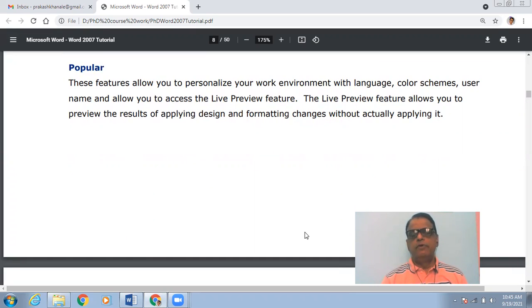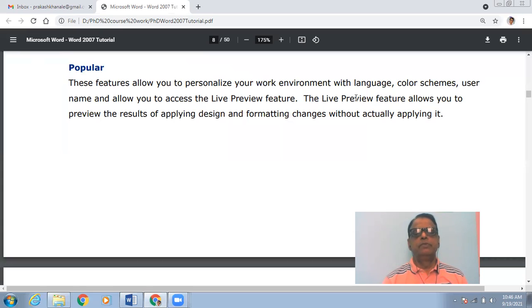Now there are different options. For example, the first option is Popular, or sometimes it is called General. This feature will allow you to personalize your Word environment with the language. That is, you can set the language, the color scheme, the username, and also access the live preview feature.